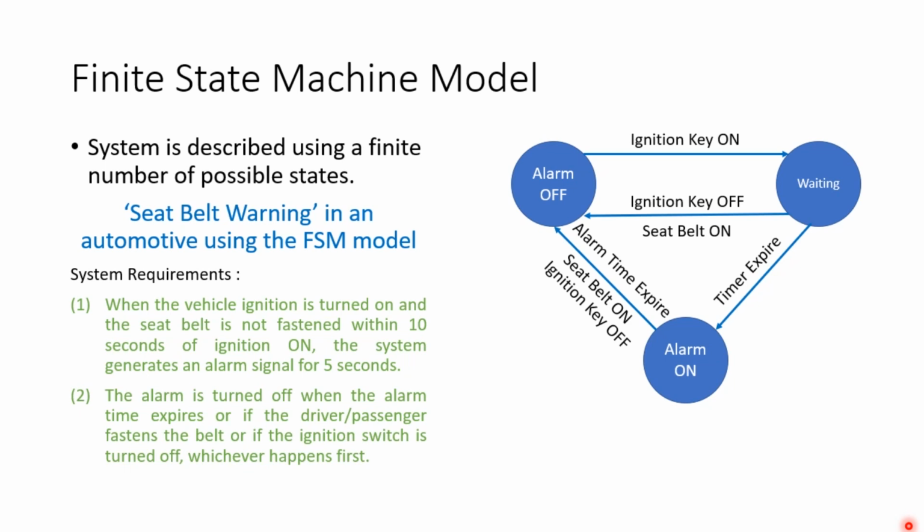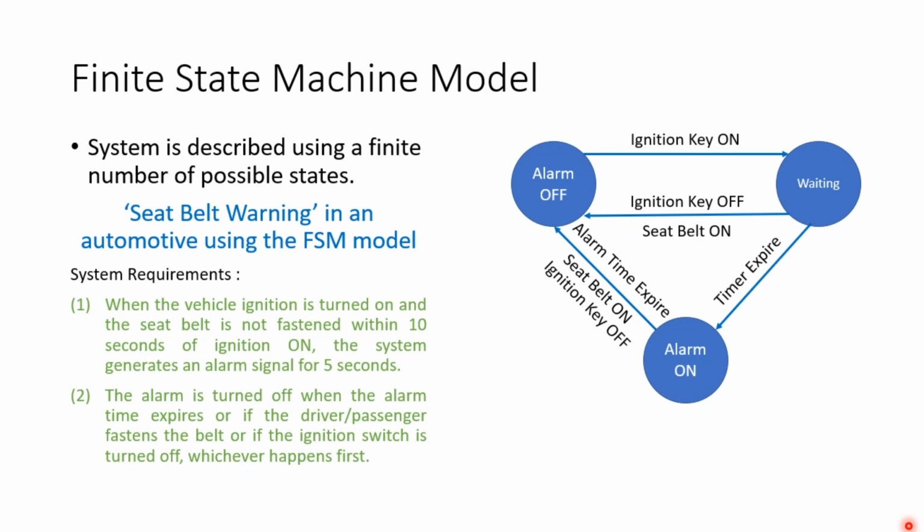So I hope how to visually model from the given requirements is very clear for this seat belt warning system. What is important here is to understand how I decide upon the states. How many states are required? It's a finite state machine model, remember that. So I should define a finite number of states, and it will have event-driven transitions. And finally I am going to get the action, what activity is supposed to be performed by this state machine.